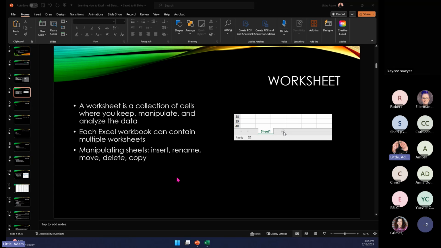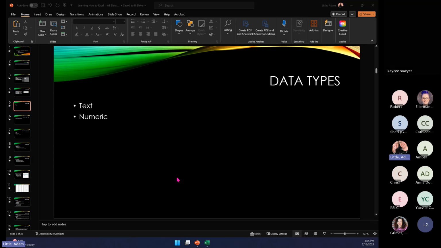And column wise, I think it's close to 200, 200 to 300 columns. So there's a lot of data that can be analyzed inside of these Excel worksheets. There are two different kinds of data types inside of Excel that we work with on a regular